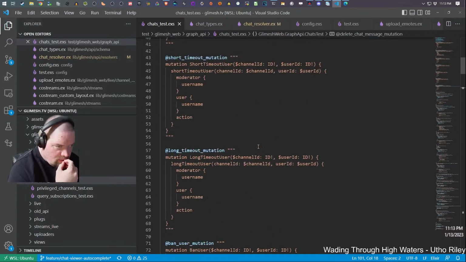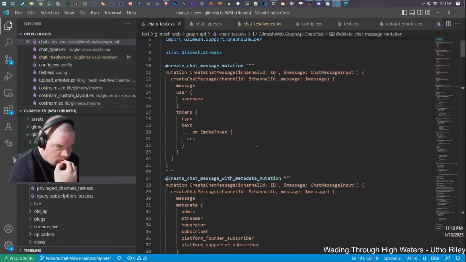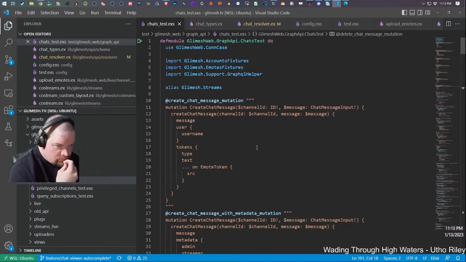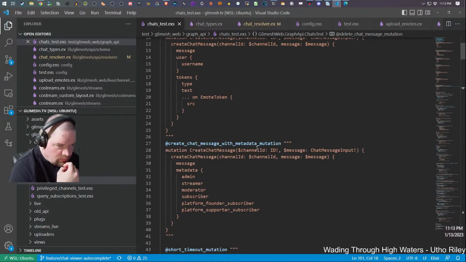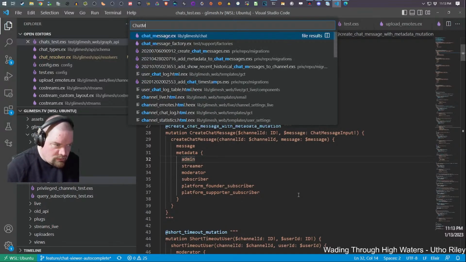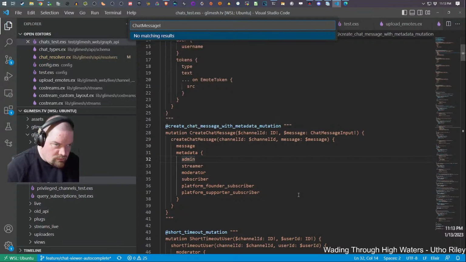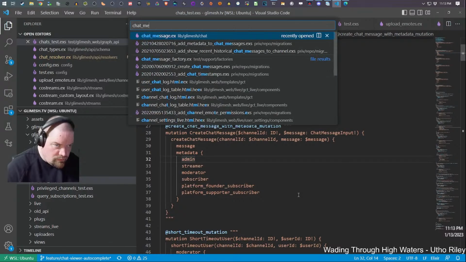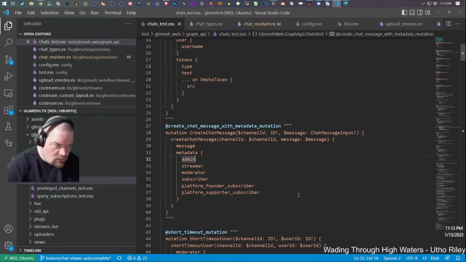Is there an example of that message inputs? What is chat message? Oh, I don't think that's a thing.